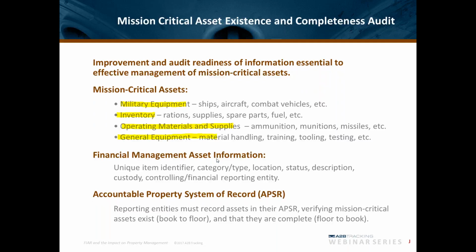And that the financial management asset information, which is where our unique item identifier comes in, the category type, the location, what the description of the item, all the data elements that we're becoming used to supplying the government when we have some property information to report. All of that goes into the accountable property system of record, which is the government's